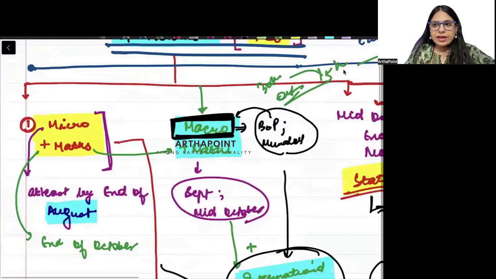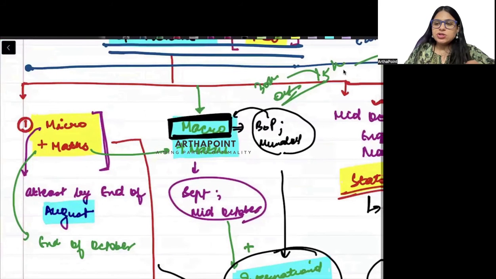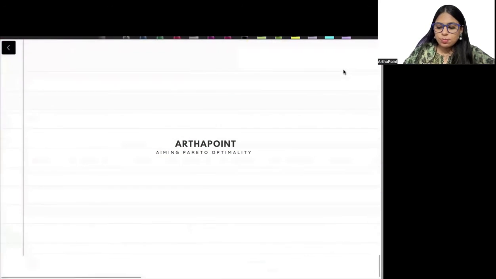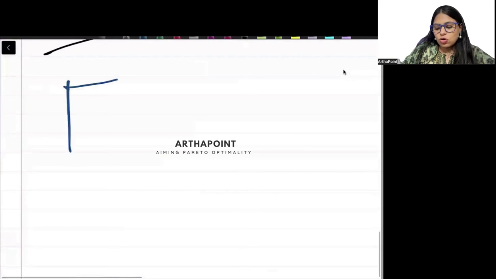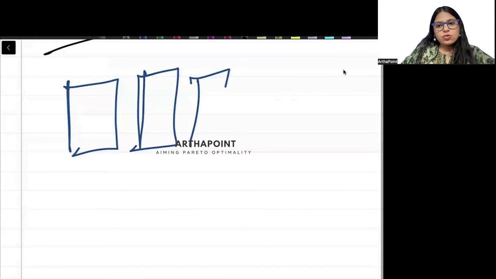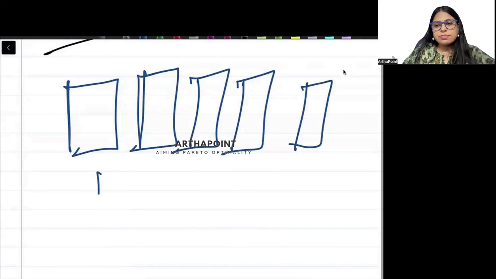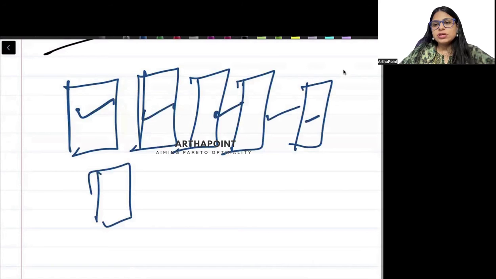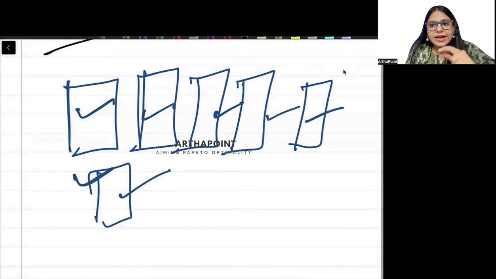This is when all your copies should be filled. You should be having separate copies available for you. One copy for micro, one for macro, one for stats, econometrics, PubEco, DevEco. Everything should be written in your notebooks. I don't want people watching videos after that. It is a wastage of your time.